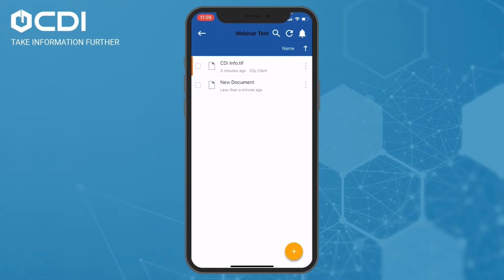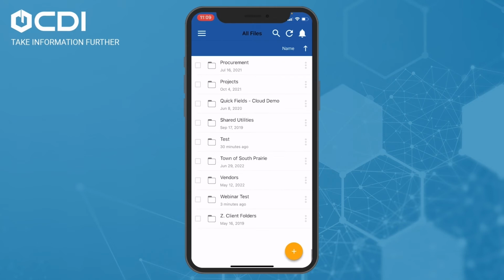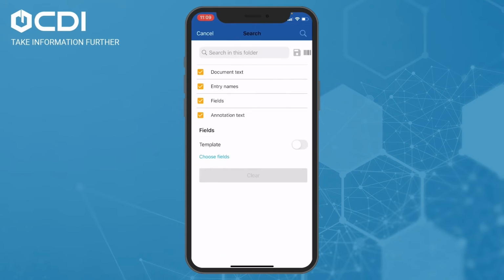All right, great. So we've loaded up some documents into our Laserfiche repository through the app. Let's look at searching our Laserfiche repository. So in our main view here, top right corner, you have the little magnifying glass. And we can run our searches through the Laserfiche mobile app, just as you would with the client application or